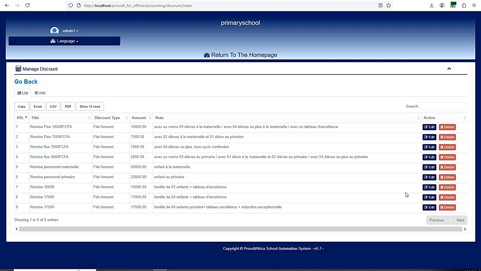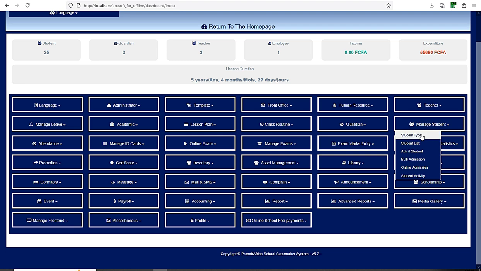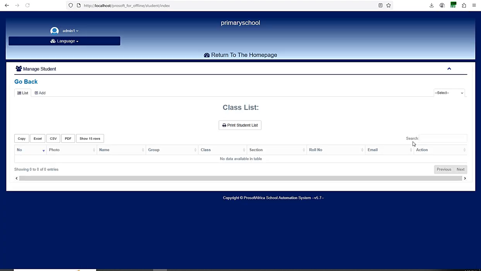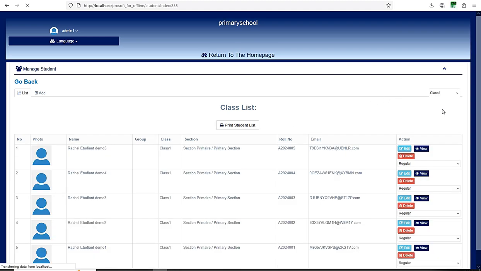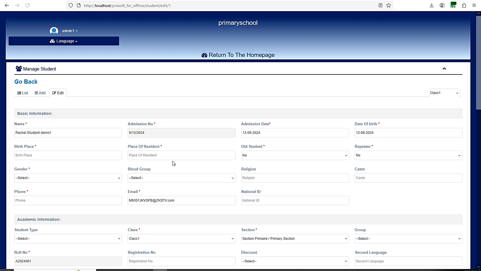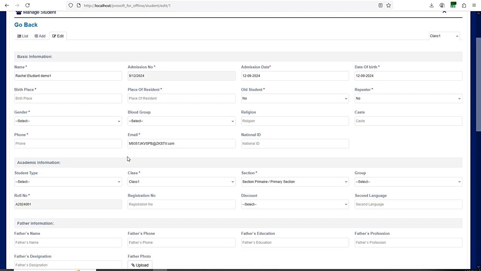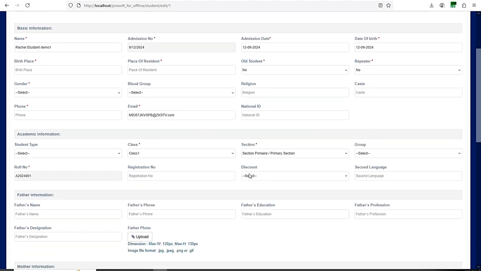So after you have created your discounts here, how do we apply this discount? For the discount to take effect, at the level of the student list, you must assign a discount to a student, so that at the level of the accounting, that student's school fees will be subjected to your discount. So we have to edit a particular student if you want to assign a discount to this student, or if this student happens to be one of the 2 children of a particular parent that you are giving a discount to. So you will come to where you have discount here, you will choose